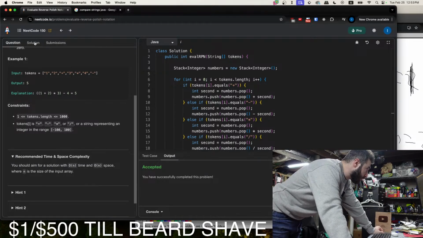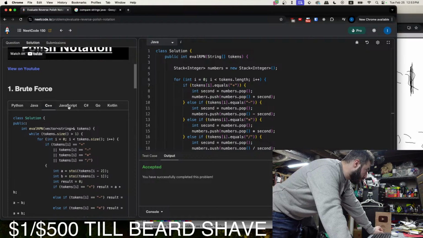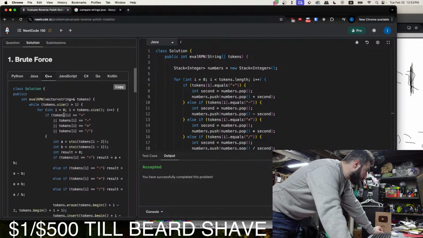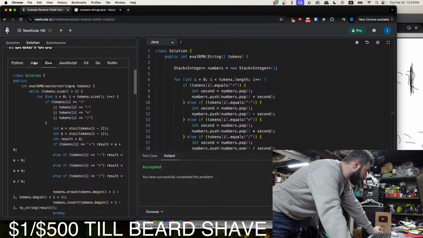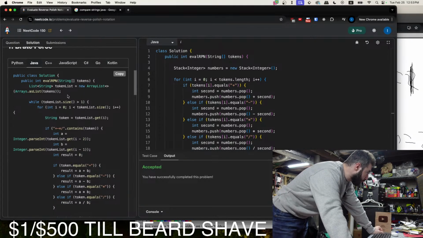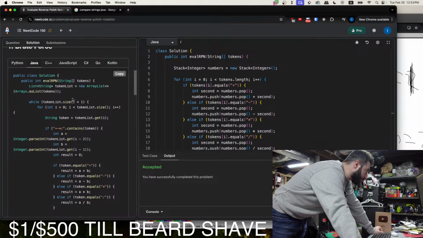So is there better? Brute force. While tokens dot size is greater than 1. Let's put the Java solution up. Interesting. So they make a, oh, this is a brute force solution anyways. Okay, so array list.